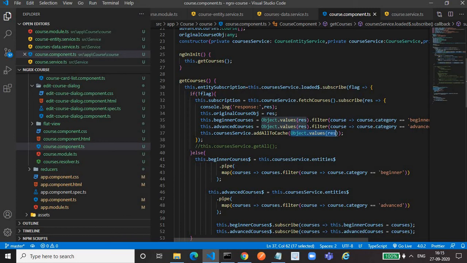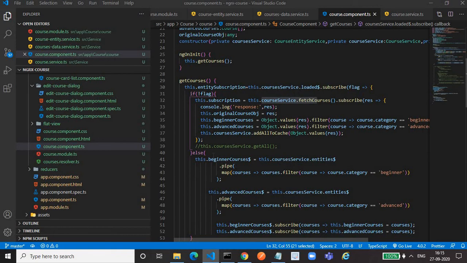Then if the flag is true, means we already have data in the store, then there will be no need of calling this API, because we have the data in the store. We don't call the API again and again. So this improves the performance.